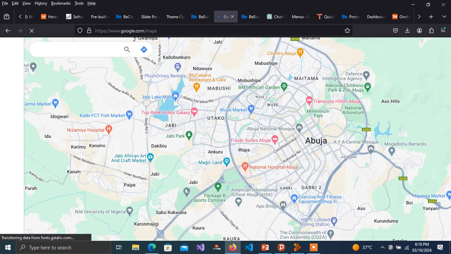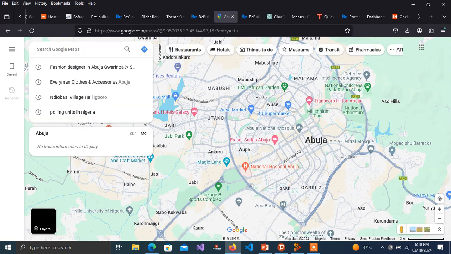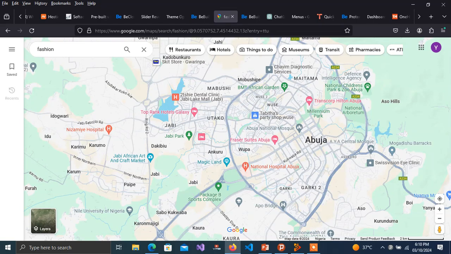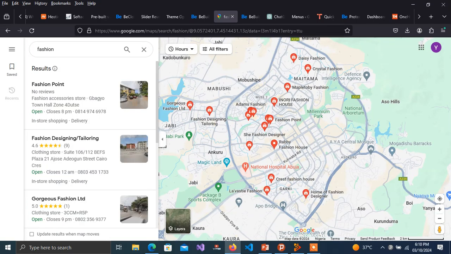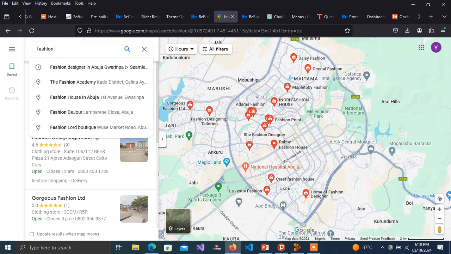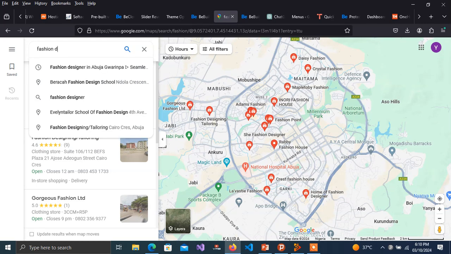If you go to Google Map and look for a particular business, let's say fashion designers or companies